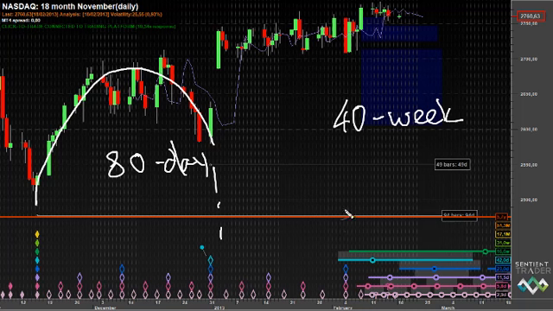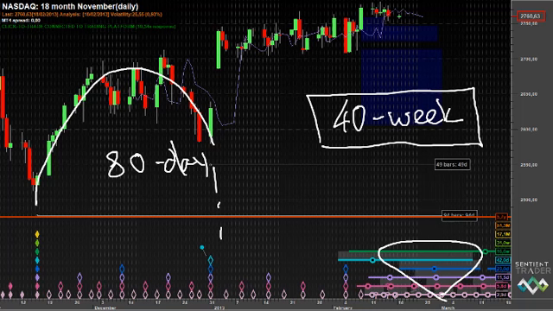Nasdaq at the moment. What's the next thing that we can expect when we know that there is a 40-week dominant cycle? The next thing you know to expect is that the cycle 1 degree shorter than your dominant cycle will have a very subtle, hard to identify trough in the market. And of course the cycle 1 degree shorter than the 40-week cycle is the 20-week cycle. Notice this nest of lows here at the bottom of the chart tells us that price is now probably in the process of moving down into this 20-week cycle trough, okay, which is expected towards the end of February, perhaps